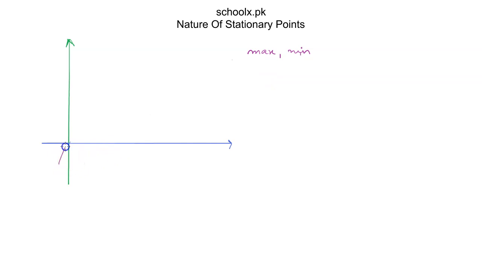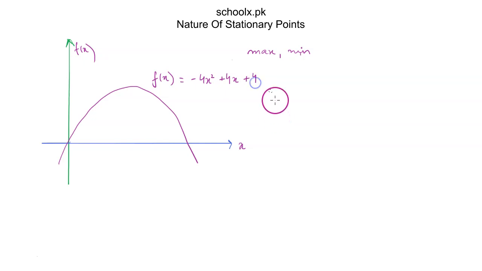Let's say I have a curve, this. This is f of x, this is x. Let's say f of x equals negative 4x squared plus 4x plus 4. First of all, in determining the nature of the stationary point, you have to find the stationary point itself. So we'll take its first derivative, which is negative 8x plus 4. From this, we'll get the stationary point x equals 2,